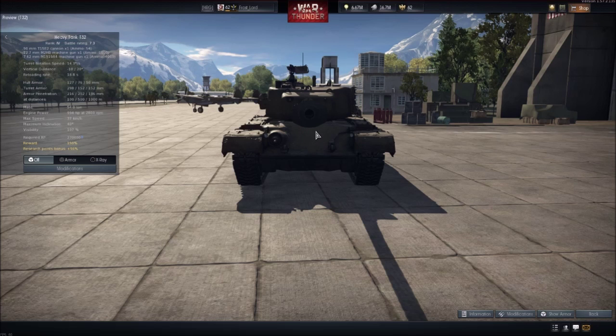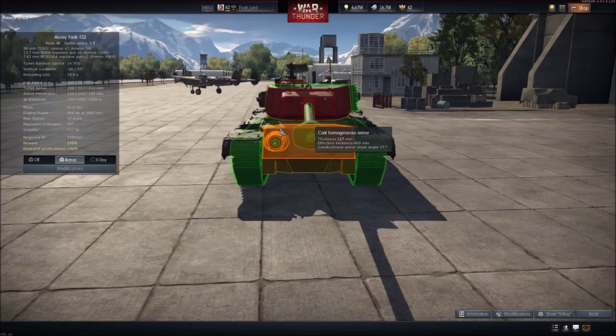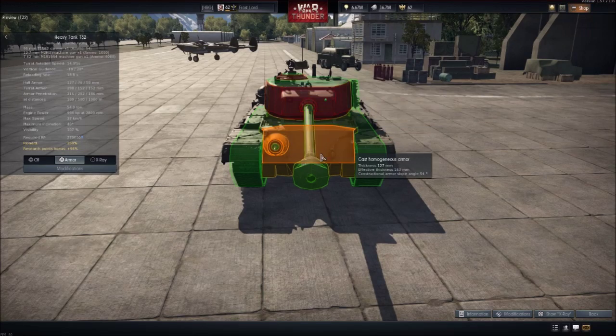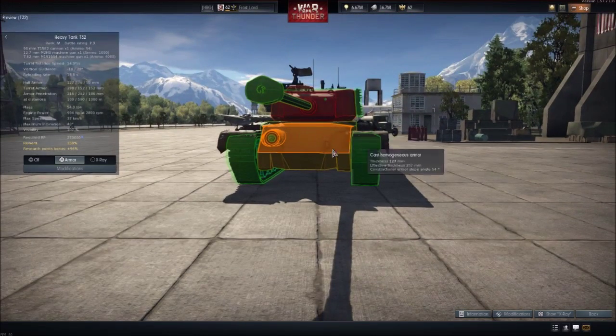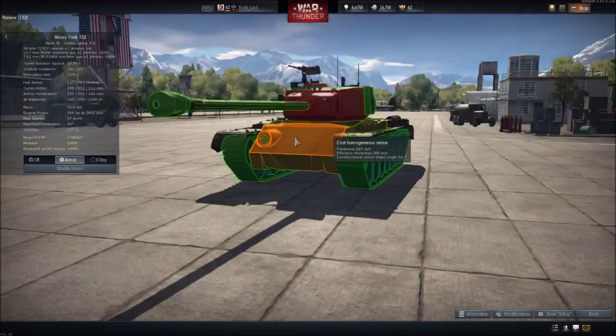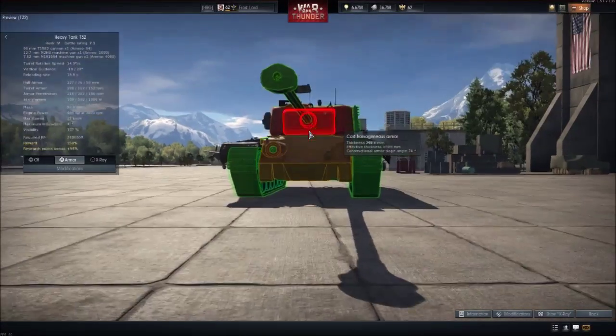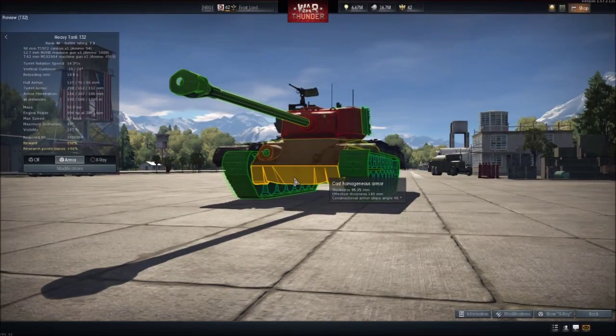But the easiest way to kill the T32: not shooting it in the gun mantle. That's not going to help you at all. Not shooting it on the plated armor right here. That's not going to help you at all either, unless you have an absurd amount of pen, and you have a decent angle on the armor to actually pen it. Belly, obviously, yeah,